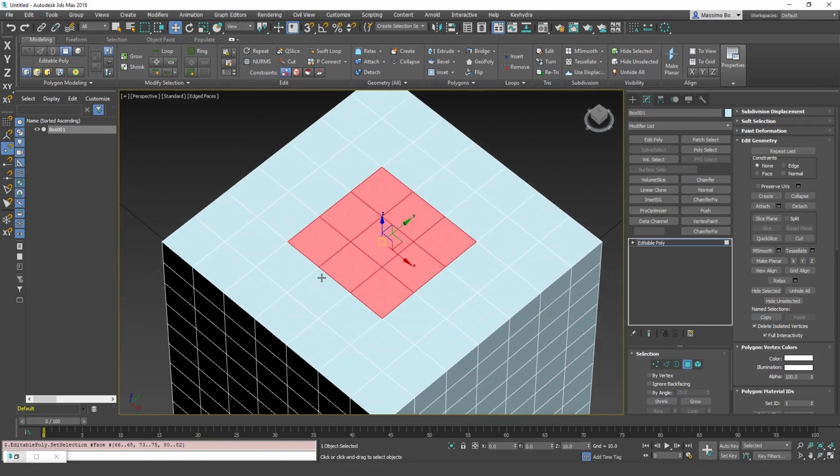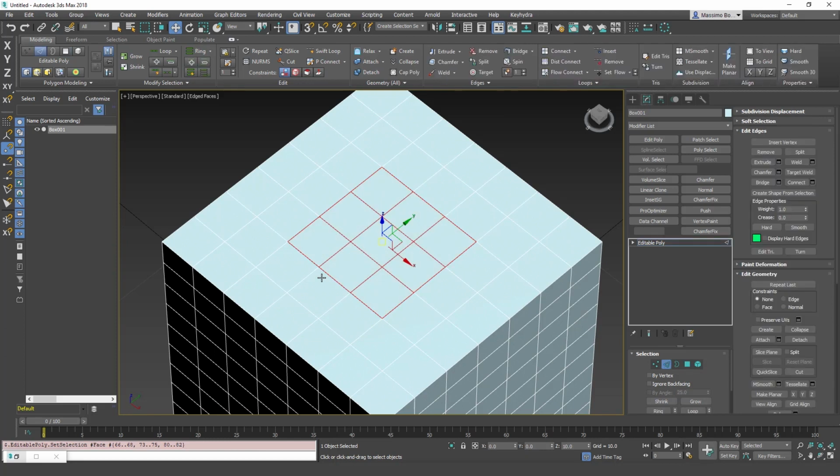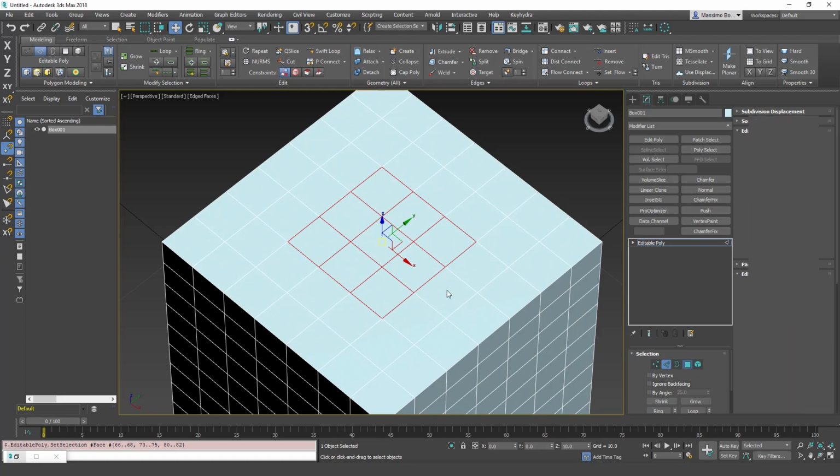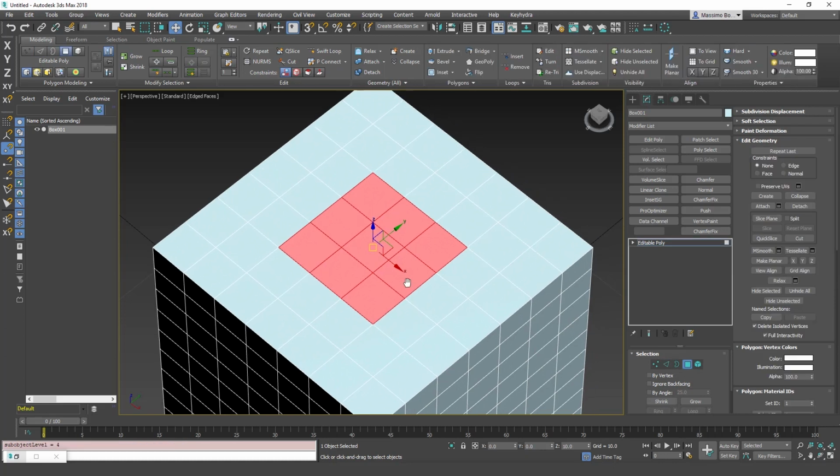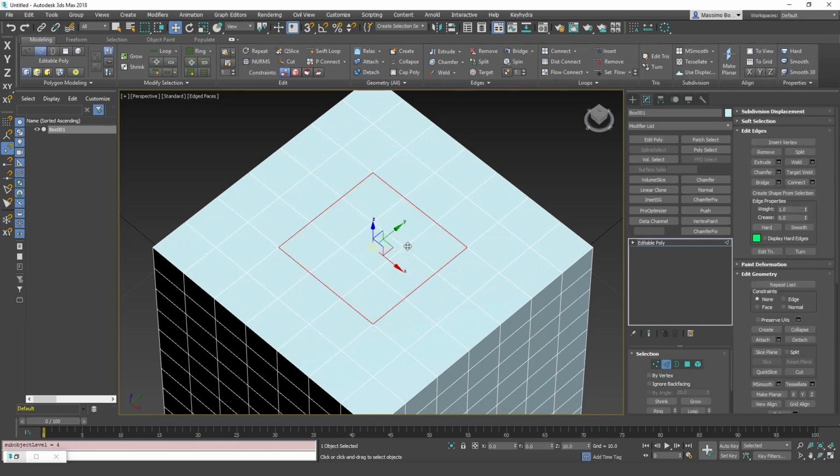So Ctrl 2 will convert it to edge, but as you might notice, you included the inner edges and the outer edges. But if you do Shift and the 2 key, so Shift and edge, you just select only the border. Let's go back to polygon.